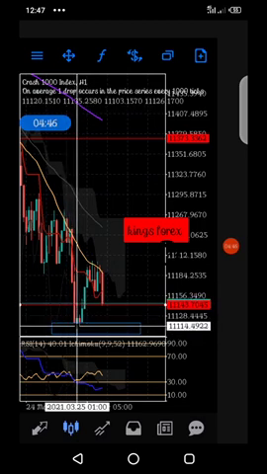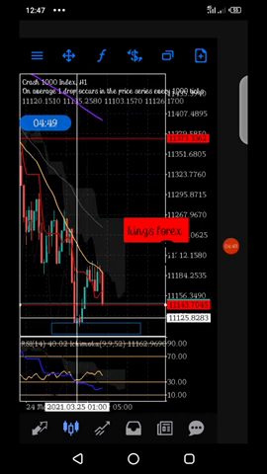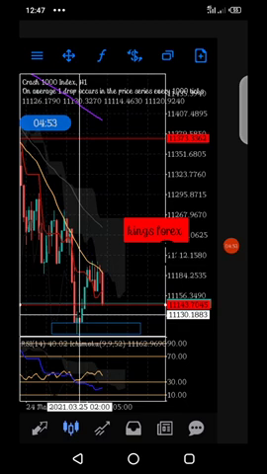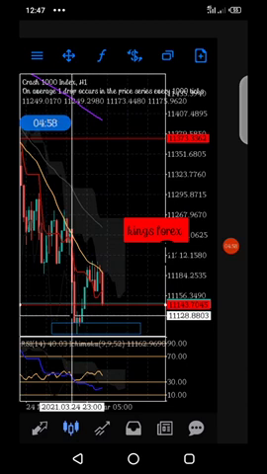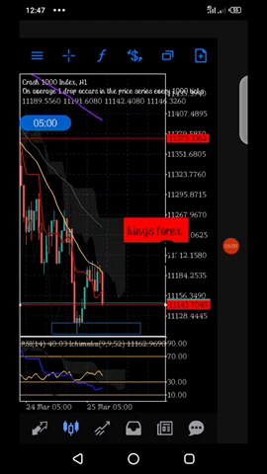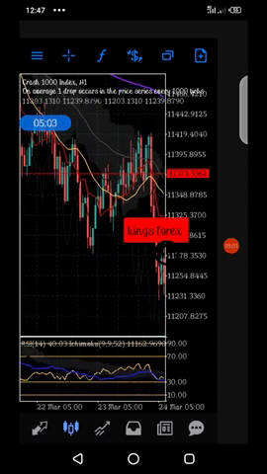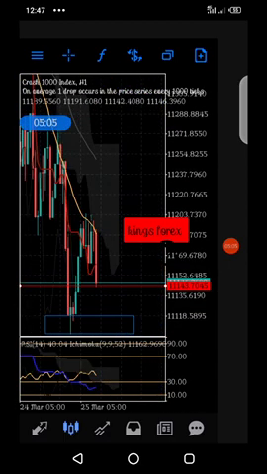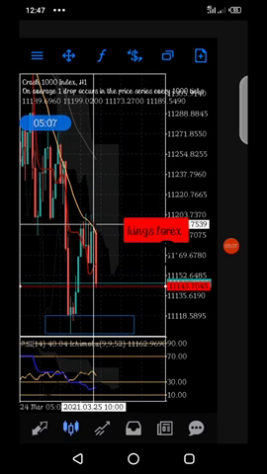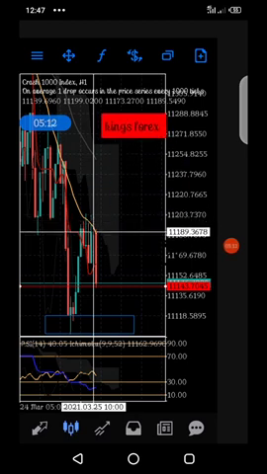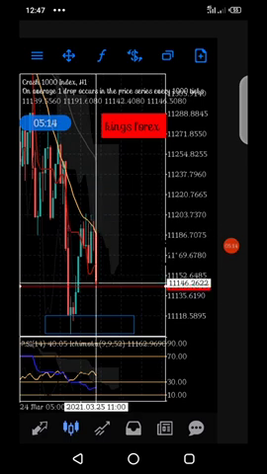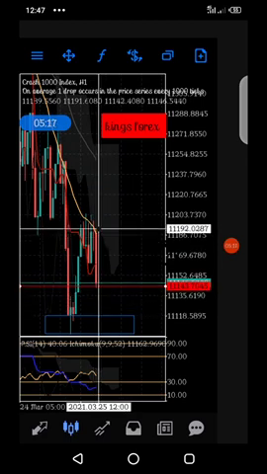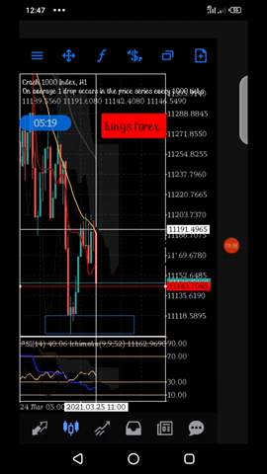If the other candle closes in green above the box, that is a buy entry. So once the other candle closes in green above the box, then you pick your buy. Where are you going to put your take profit? You put your take profit at the last high. If you are scalping, you can simply put your take profit here, this place, like this, your TP here.